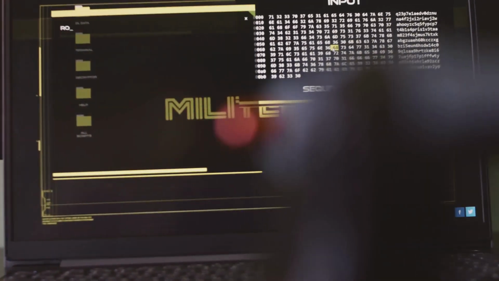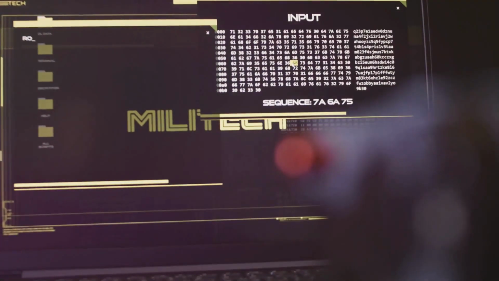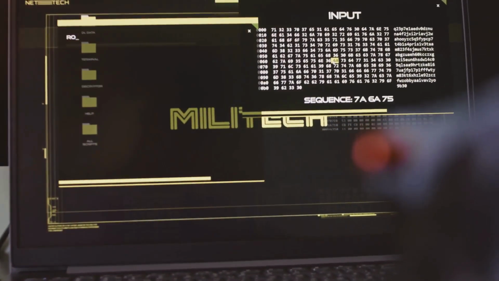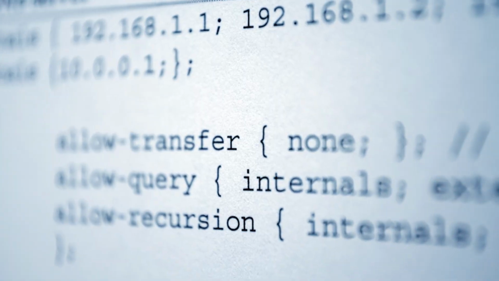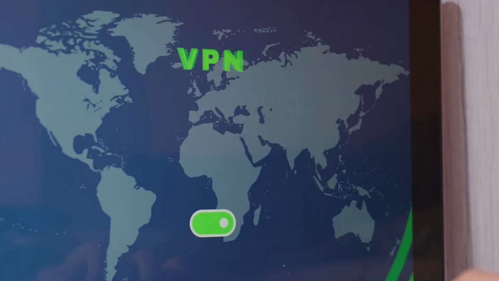For Google DNS, enter these numbers: preferred 8.8.8.8, alternate 8.8.4.4. For Cloudflare DNS, use preferred 1.1.1.1